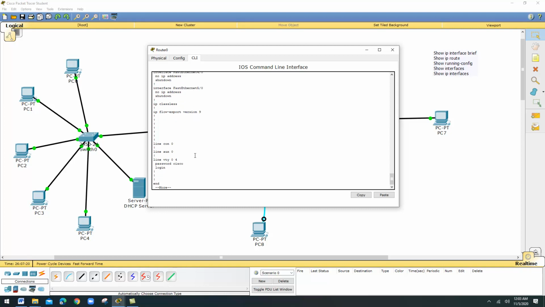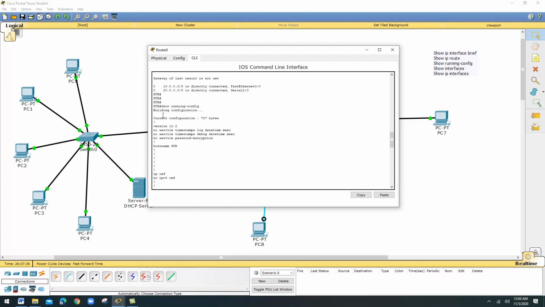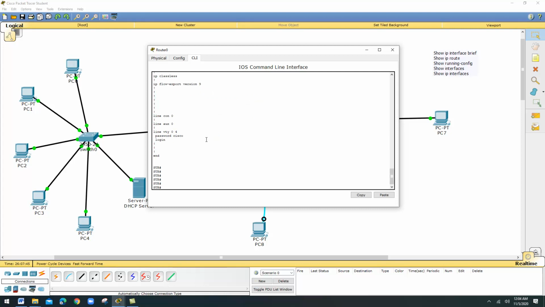You can see we enabled VTY, that means the telnet access, with the password Cisco. These are all the changes. So if you use the command show running config, whatever configuration you have done for this router, it will display. So this is the show running config command.